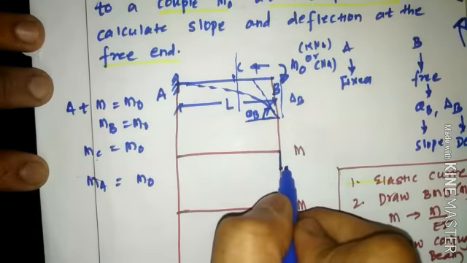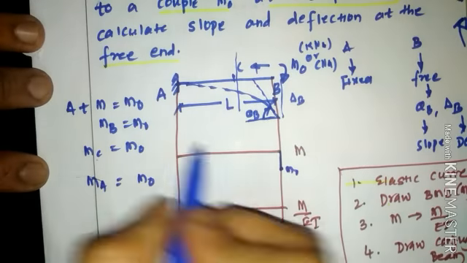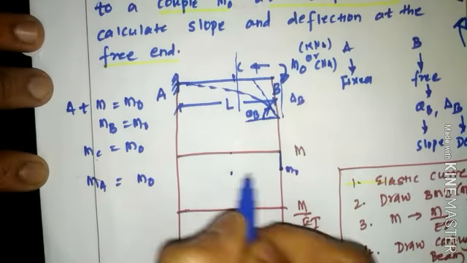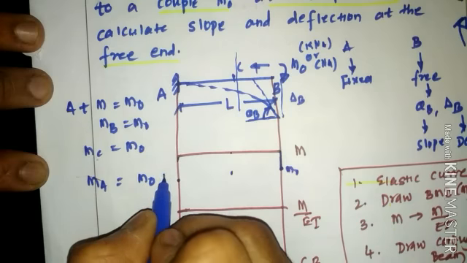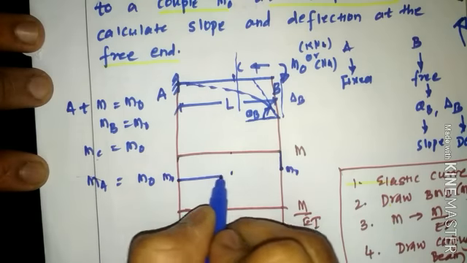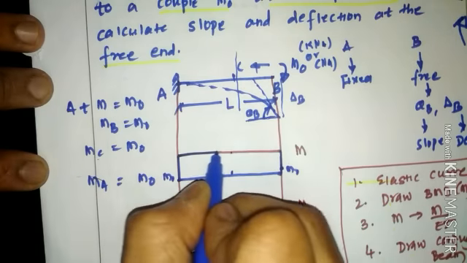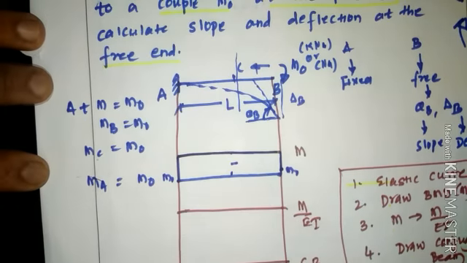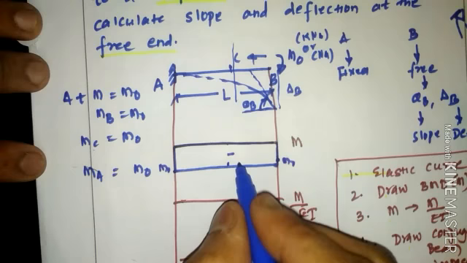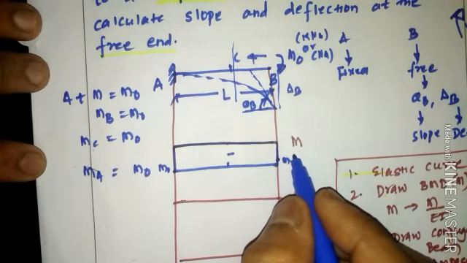Likewise, here it is M naught because the moment at B is M naught. The moment at C is also M naught. The moment at A is also M naught. So all will be joined in the form of a straight line. All will have the same height, which is nothing but the same depth, and this will be marked towards the negative side. So this is the M diagram, that is the bending moment diagram.